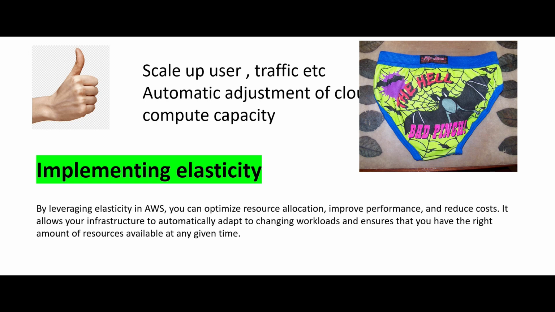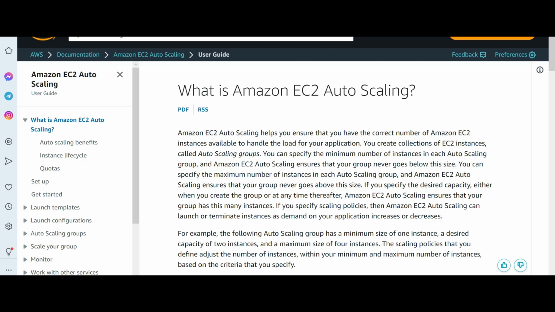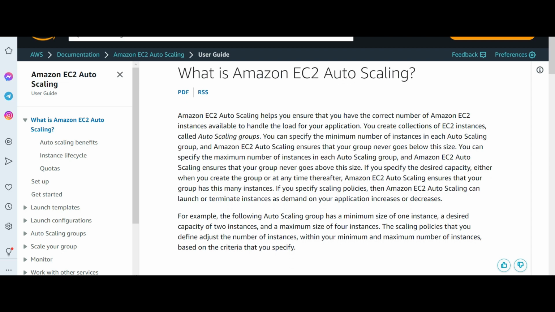So you build elasticity. In EC2, we use auto scaling for building elasticity. What it means is, if more users come, more compute will be there. If those users go away, then we will scale down. Less compute will be there, so that I don't have to get charged for so much compute. It is elastic. You may pause this part and read this documentation carefully. Auto scaling is meant for this purpose. If you have 2 EC2 instances and your load increases, it can go to 5 or 10 EC2 instances. When the load decreases, it will come back to 2 EC2 instances.